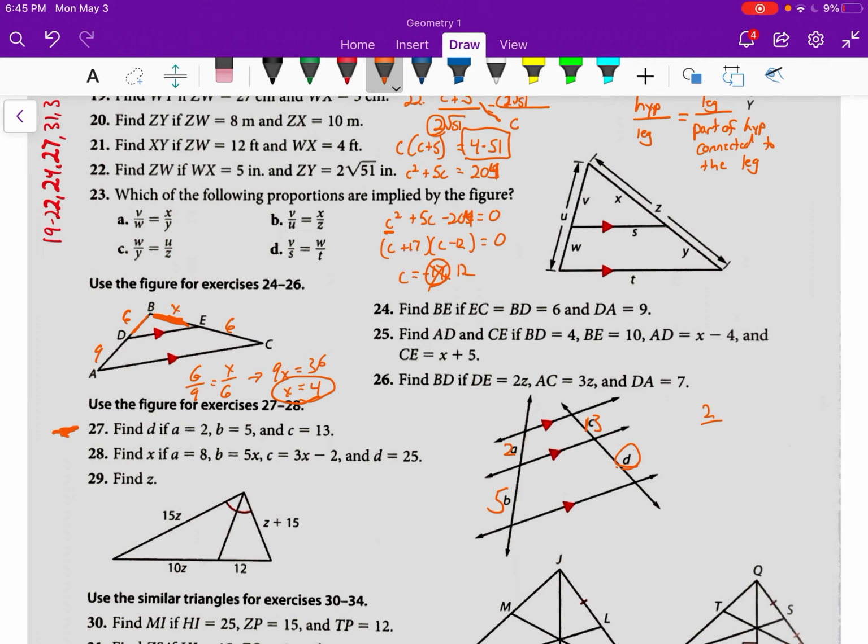So we can say 2 over, what corresponds to 2? Well, 13. So 2 over 13 equals 5 over D. D, not 9. So we can cross multiply. We get 2D. 5 times 13 is 65, and divide both sides by 2. And we get D equals 32.5. Once again, definitely not drawn to scale. We can't go by how it looks, we go by the numbers. So 32.5, and we will finish that part